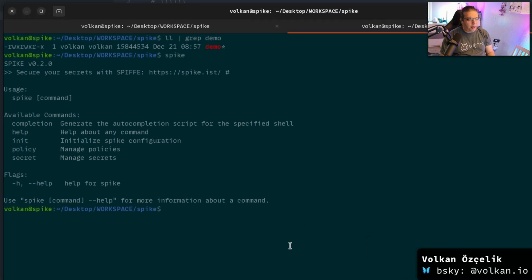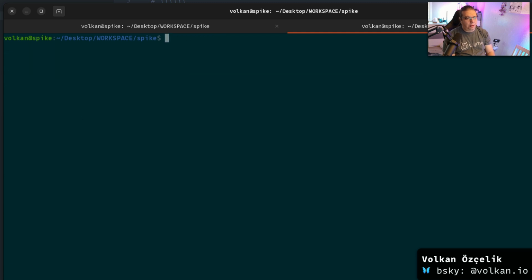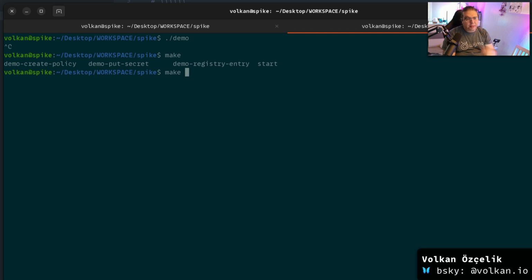So let me go to my terminal and run demo. So right now it will wait forever, hang up, because there is no SPIFFE registration entry for the demo application. So it will wait and not be able to connect to the SPIFFE workload API, and therefore it won't be able to fetch secrets from Spike. So to rectify that, let me do make demo register entry, and it will create the Spire registration entries,